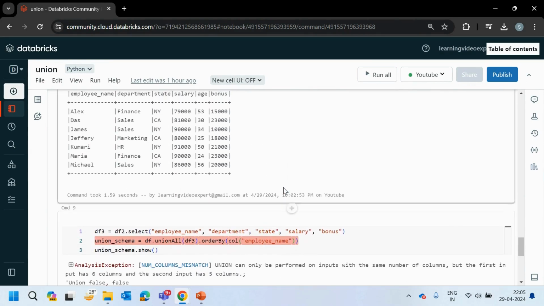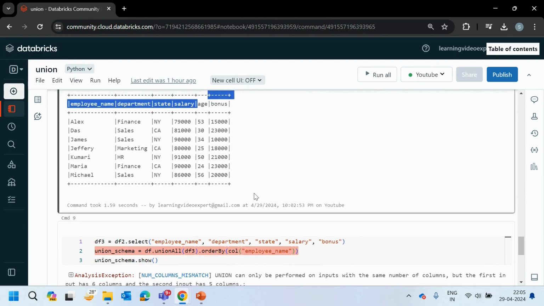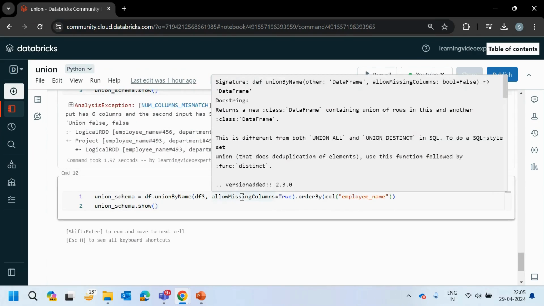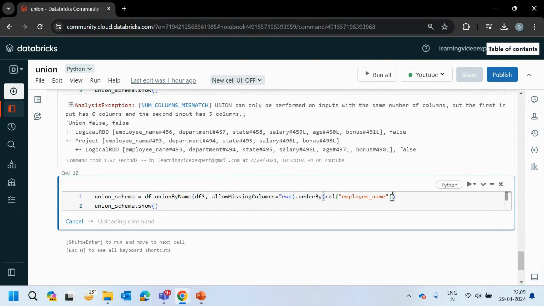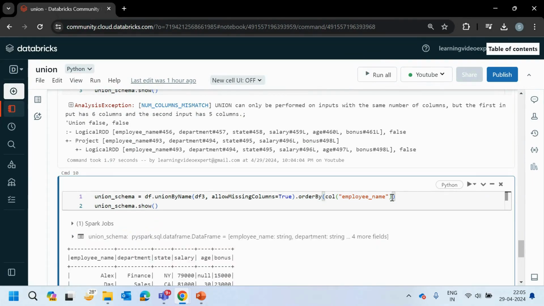But if there is a missing column, in our case, the missing column is age, and I want to actually union it, I want to put the age column data as null, where the data itself is not present. So for that, I'm making it allowMissingColumns equal to true. Then I'm doing an order by clause with the column name. So let me go ahead and run this.